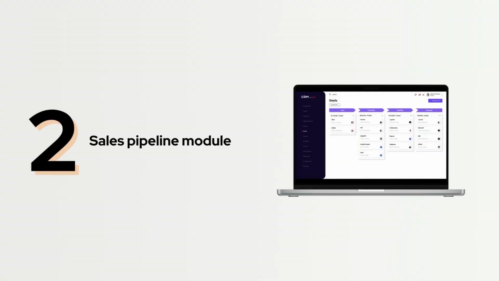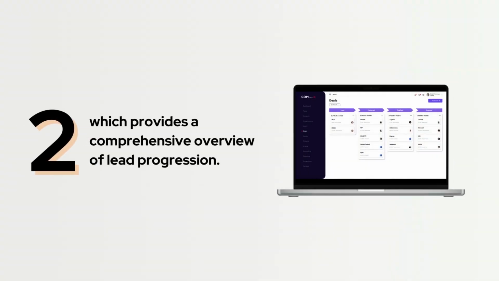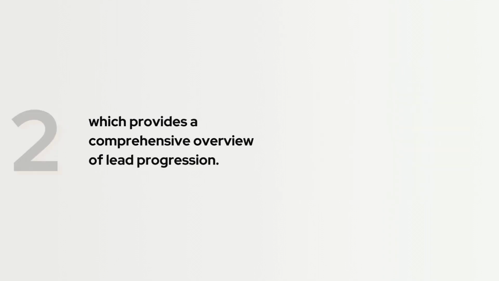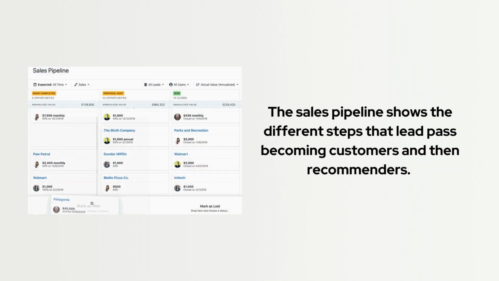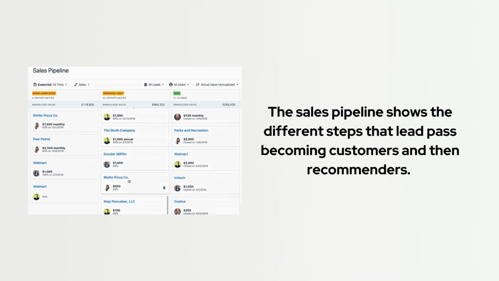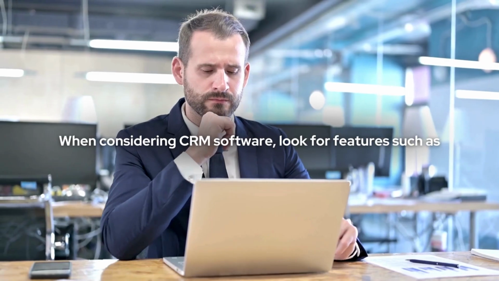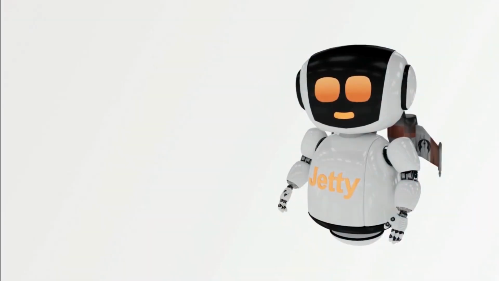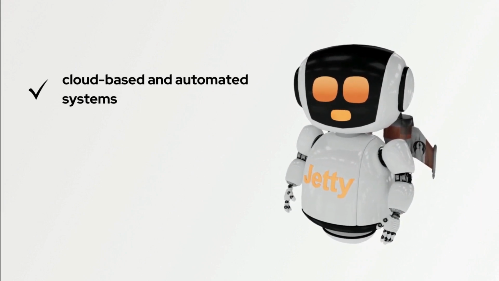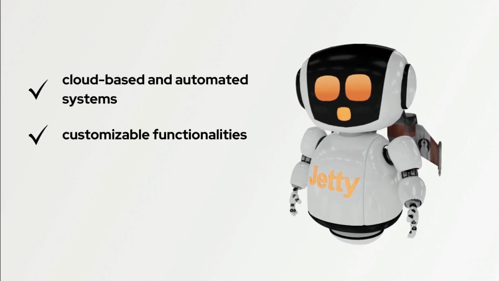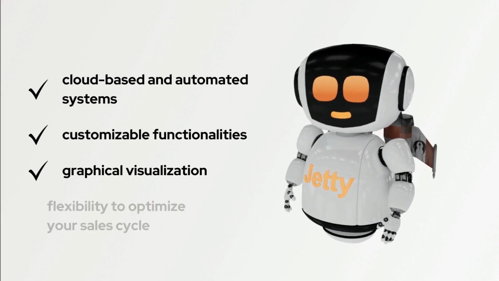Next is the Sales Pipeline module, which provides a comprehensive overview of lead progression. The sales pipeline shows the different steps that leads pass through, becoming customers and then recommenders. When considering CRM software, look for features such as cloud-based and automated systems, customizable functionalities, graphical visualization, and flexibility to